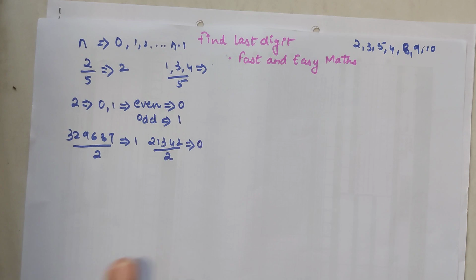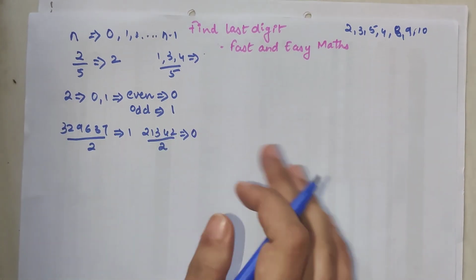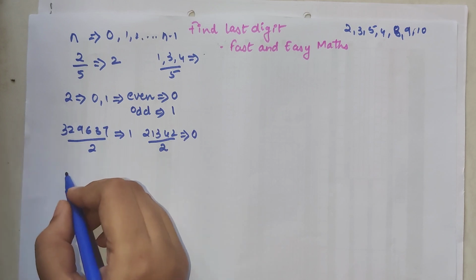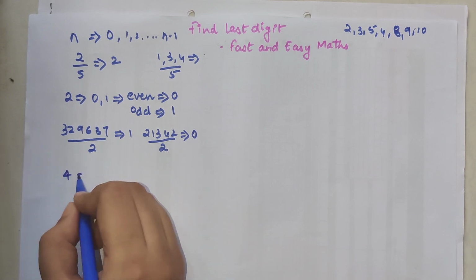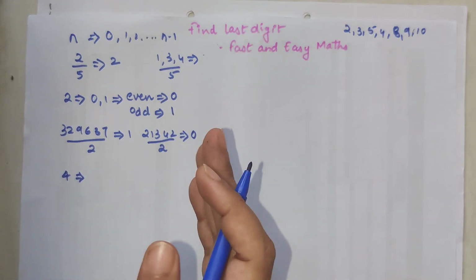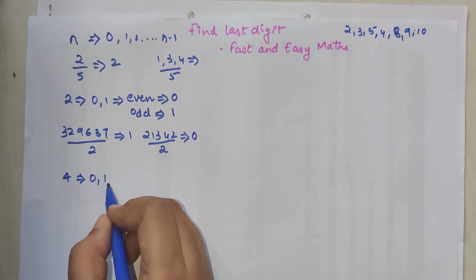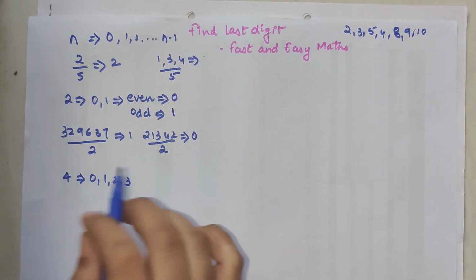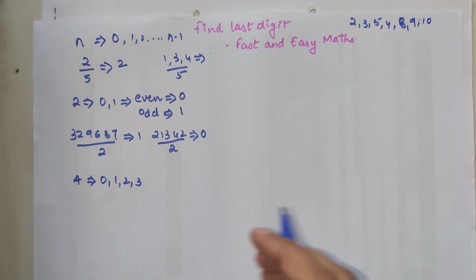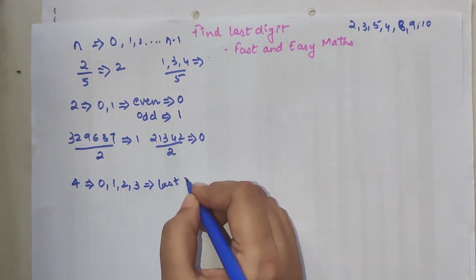Okay, understood? Now instead of explaining 3, I'm going to explain 4 and 8, because both of them are very close to the divisibility rule of 2. The divisibility rule of 4 says that the last 2 digits have to be divisible by 4. Here my remainders will be 0, 1, 2 and 3. That's it. So here I'm going to check for just the last 2 digits.